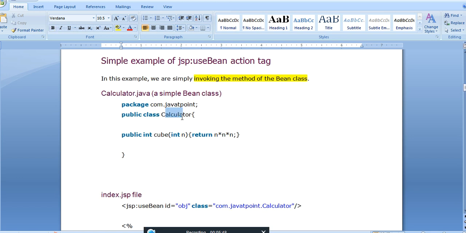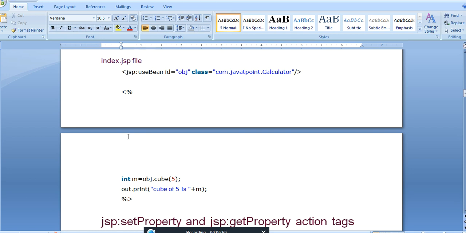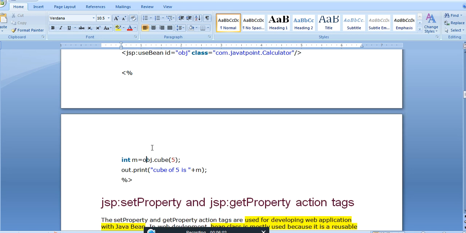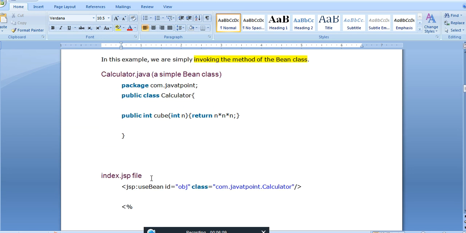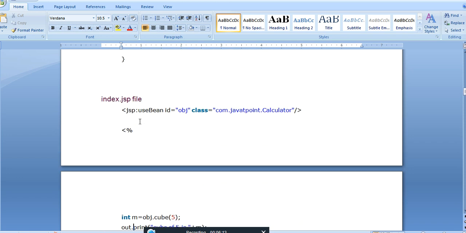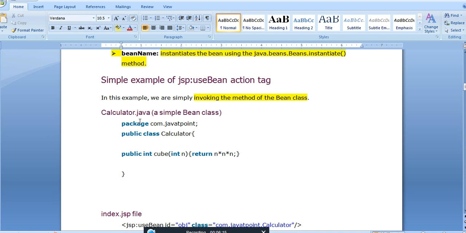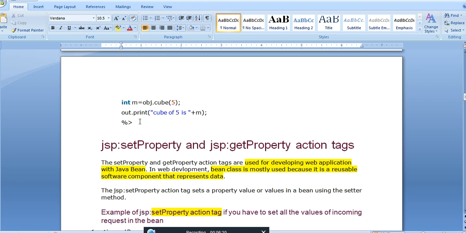com.java.point.Calculator. Calculator is a class and com.java.point is a package. It contains other functions or methods which we can use under the calculator class. Now obj is an object of the bean class, which means we call the cube function, right? We call the cube function. Now it prints a value, whatever the content is. This is simply the creation of the bean class and how exactly the JSP page utilizes it and